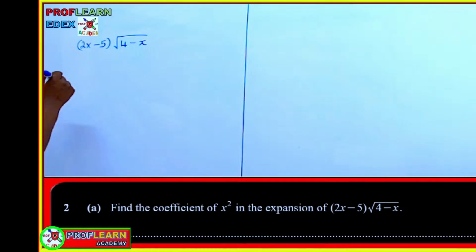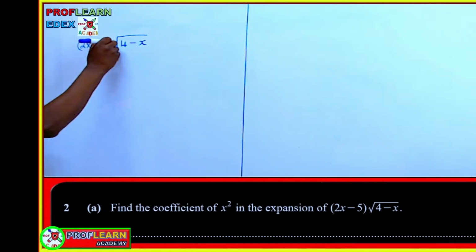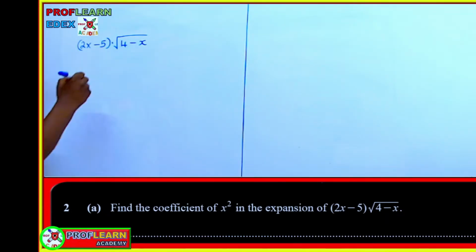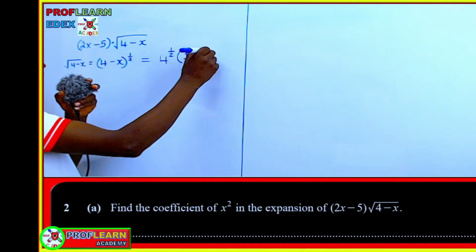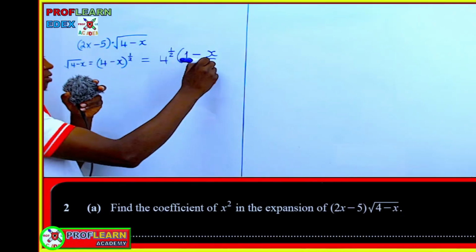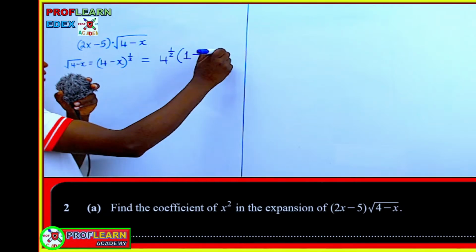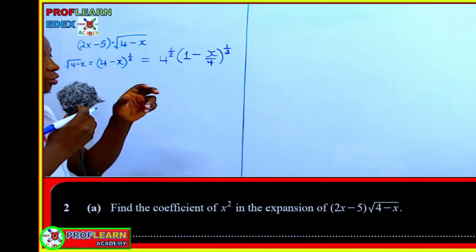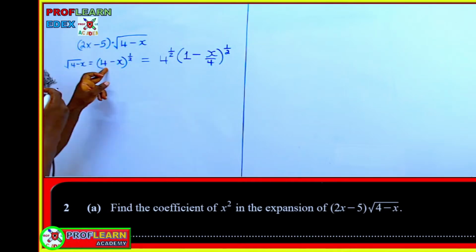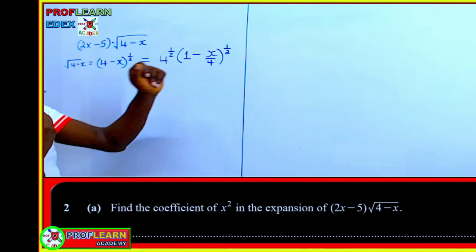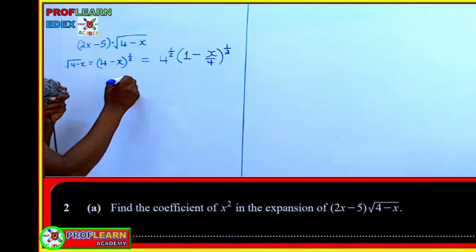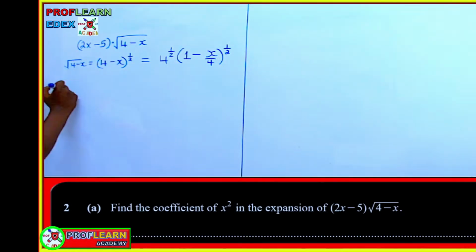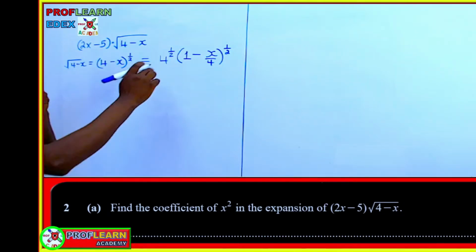Now, in order to work this out, the first thing we need to know is what is the expansion of root (4 - x). I remain with 1 minus x over 4, raised to a half. When you are factoring this number out, you also take its power out, which means this can be written as: 4 raised to a half is actually